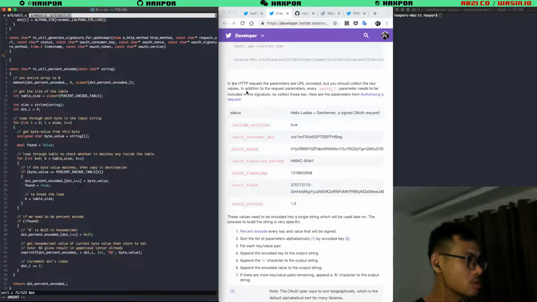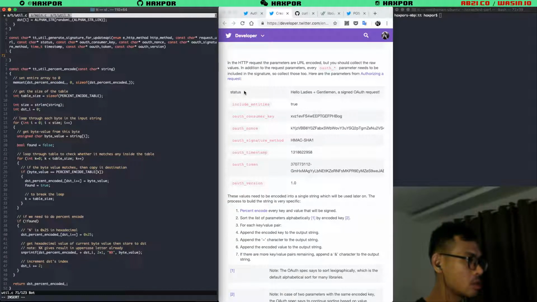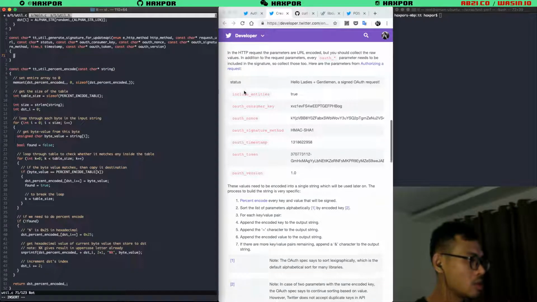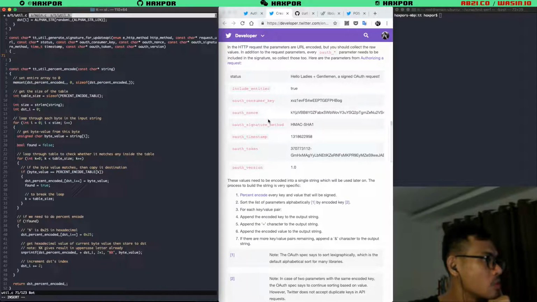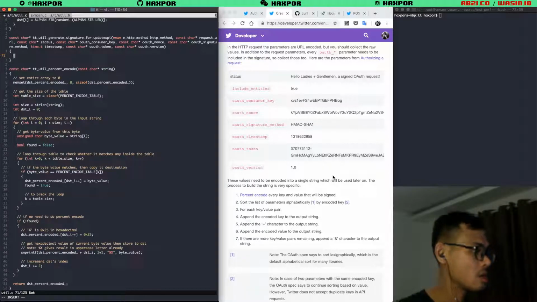All right, so the step is like this. The values that we have need to be encoded into a single string, which will be used later on. The process to build the string is very specific, and as we already have the percent encode algorithm, it's fine.